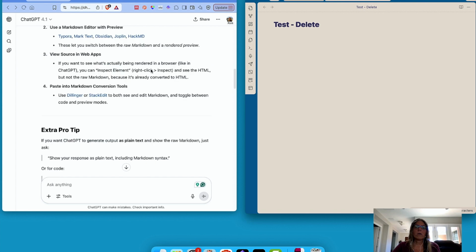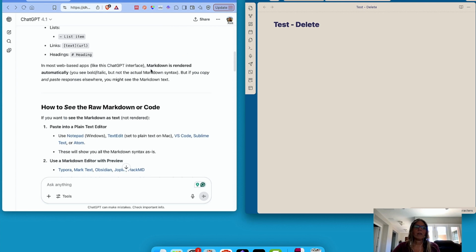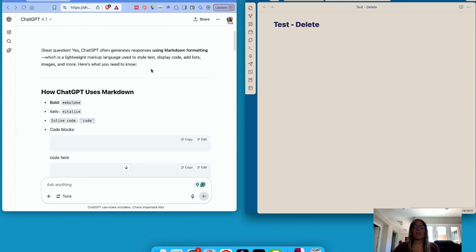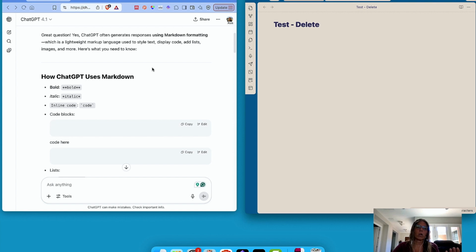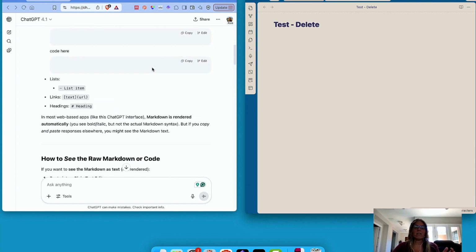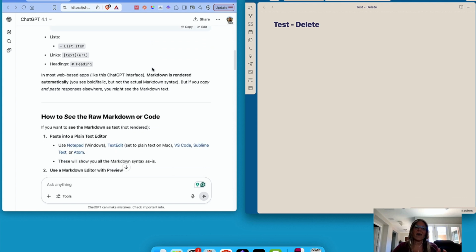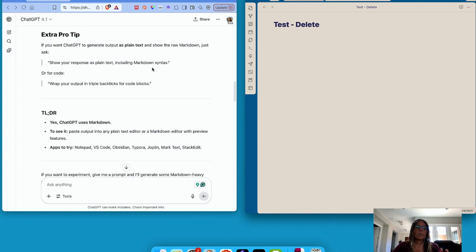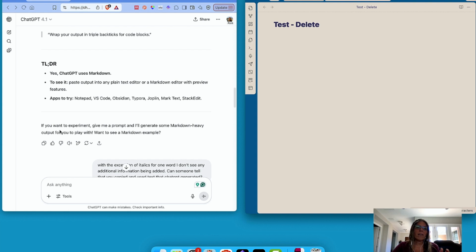For my example, I went ahead and asked ChatGPT if they use markdown formatting that's somewhat hidden, kind of like a secret code. And it says it absolutely does not use any type of AI fingerprint. So just to demonstrate, I'm going to take the text of the answer it generated for me, copy it, and paste it into